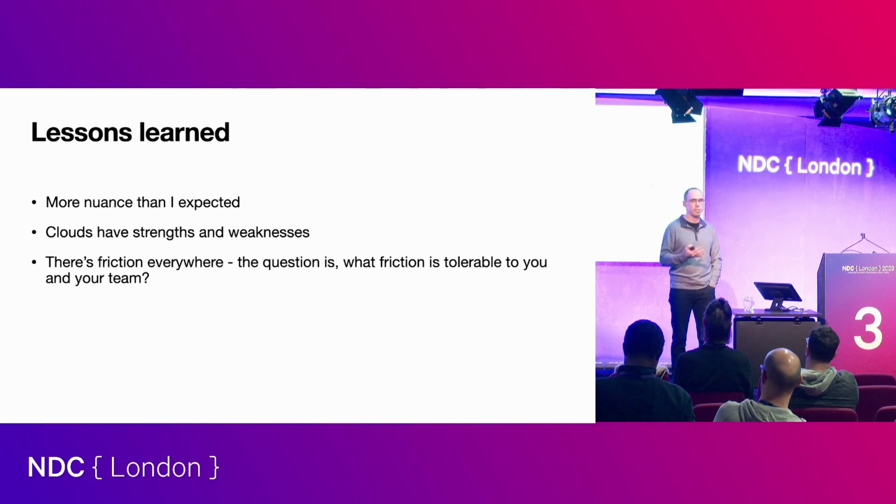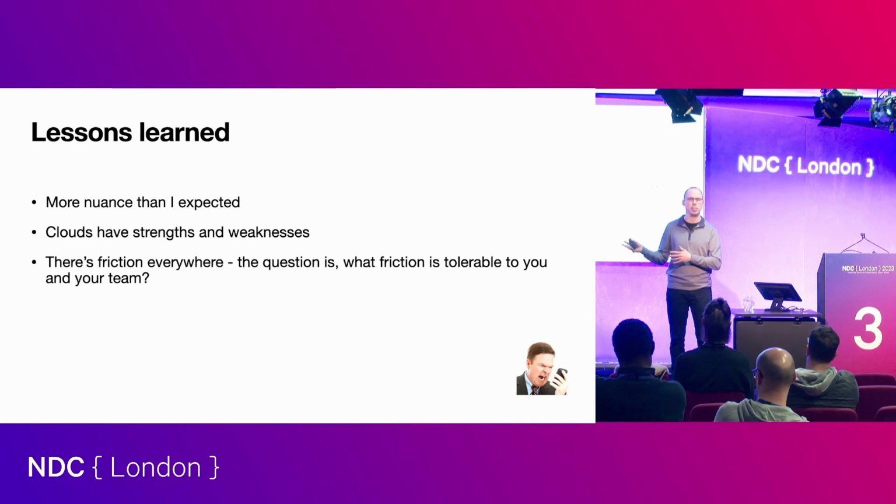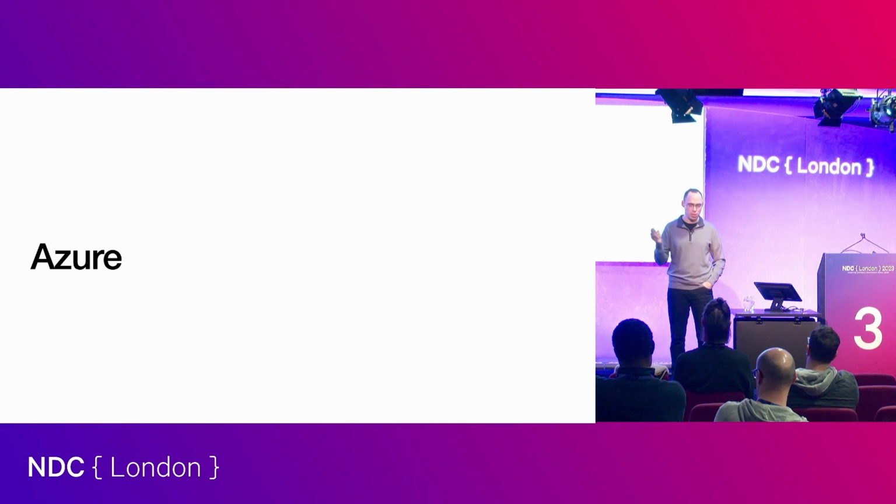Clouds have strengths and weaknesses. Wow, what a surprise. And there's friction everywhere. Where do you want your friction to be? The way that I'm going to show you that I did it for this particular thing, again, just touching on the development models, is probably not how you're going to deploy these in an environment where you have 100 different Azure functions or a Kubernetes cluster. You're probably going to have a CI/CD pipeline that builds and deploys all this stuff and runs a bunch of tests. Because we all write unit tests, right? Right. All right, so let's get to the good stuff.